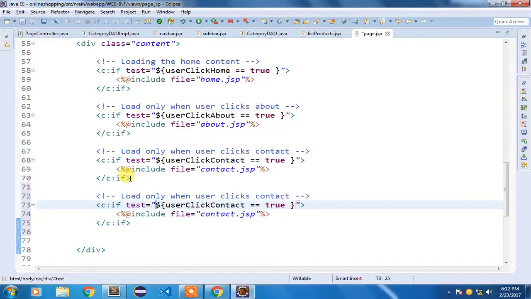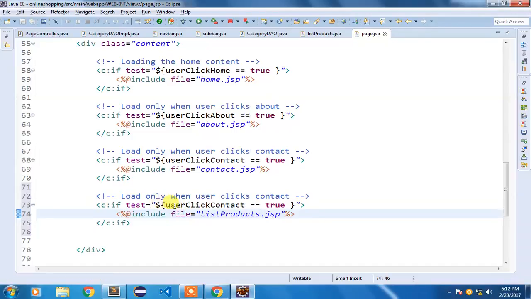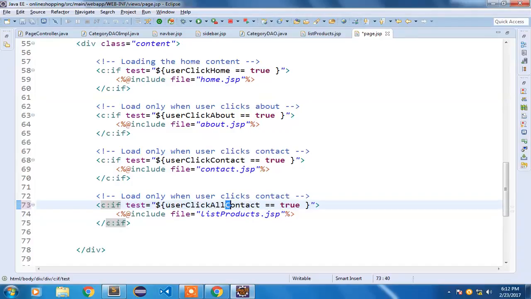So I'm going to say here, load the same page or include this file called list products.jsp when user click all products or when user clicks category products.